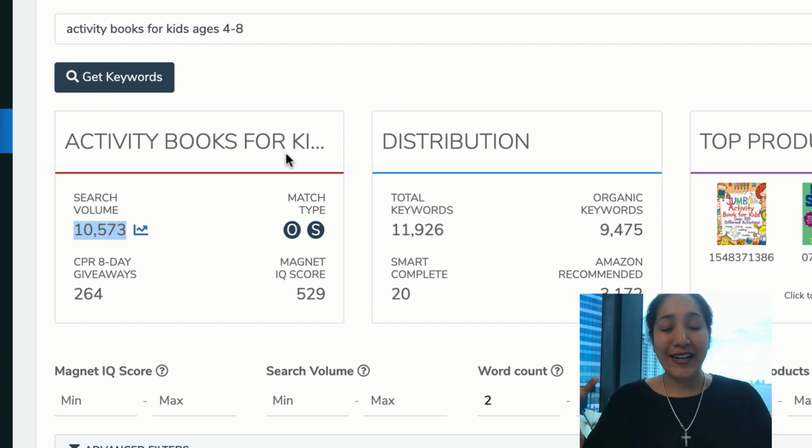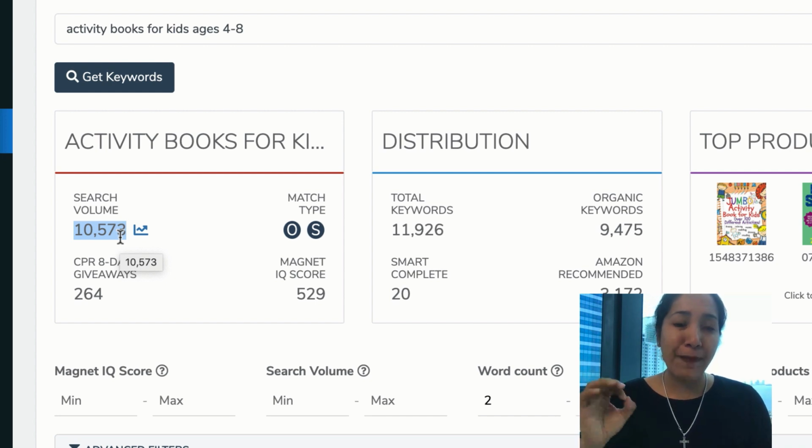So what does that tell us? Again, it tells us that 4 to 8 gets a lot more searches, but as we just saw in the total numbers, 3 to 5 gets a lot more sales. So again, everything looks good, right? If we understand this, what this basically means, let me quickly explain search volume just so that you hang in there. Search volume is the number of people that are searching for this particular keyword term on a monthly basis